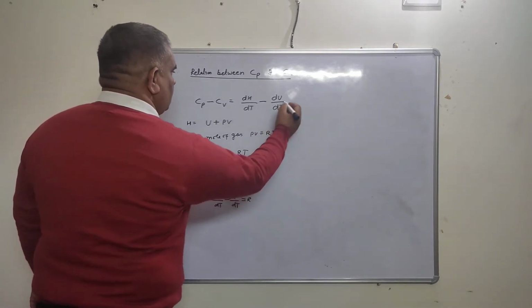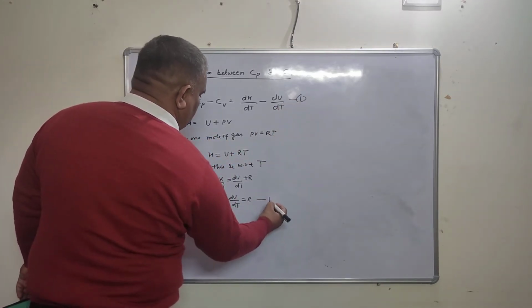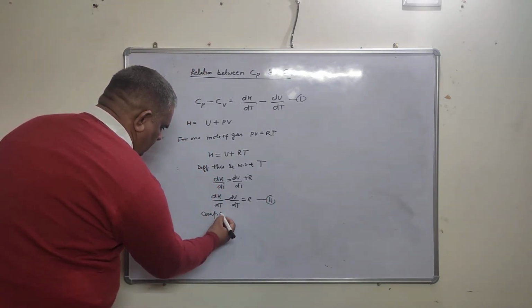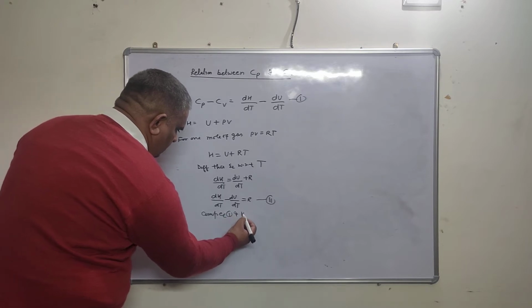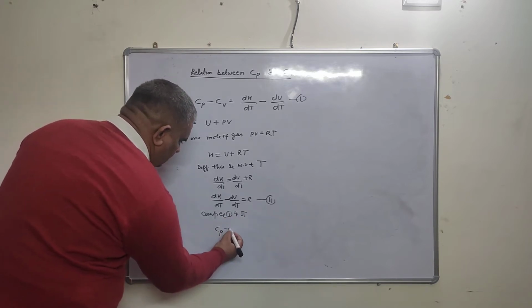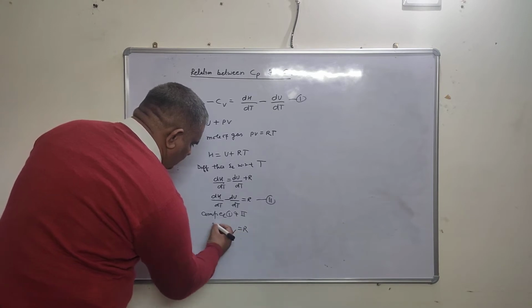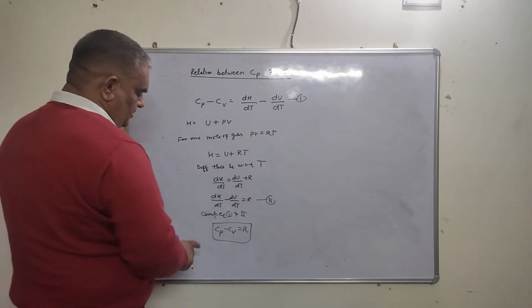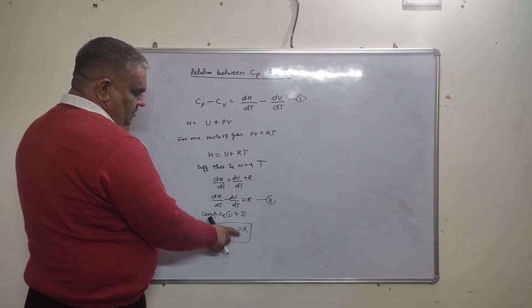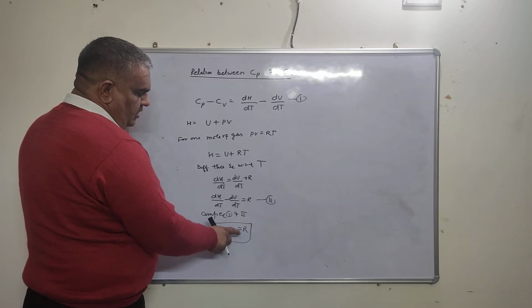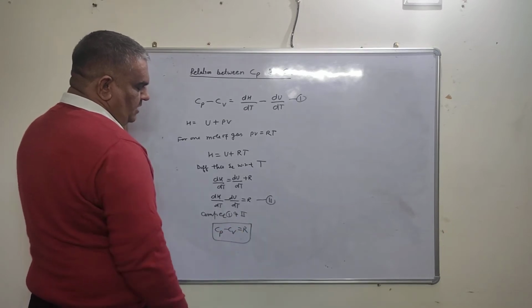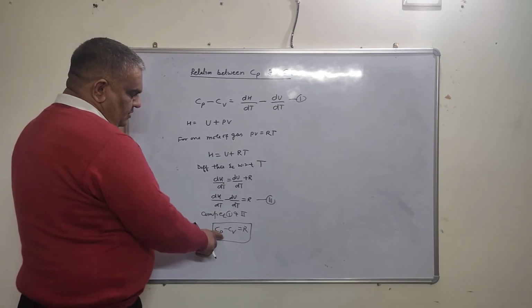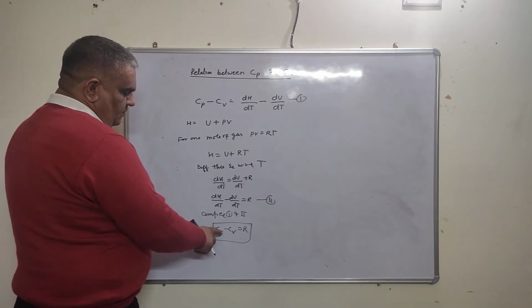This is equation number 1 and this is equation number 2. Compare equations 1 and 2. So Cp minus Cv equals R. This is the relation between Cp and Cv: Cp minus Cv equals R, and this difference gives the work done, that is 2 calorie or 8.314 joule per Kelvin per mole. It gives the work done in expansion when heated through 1 degree